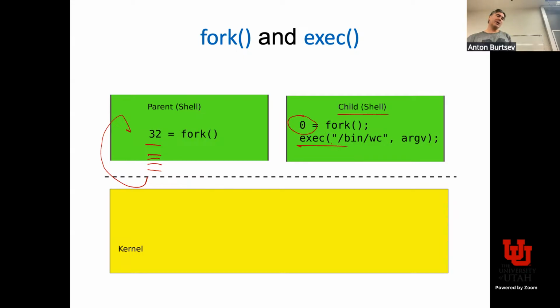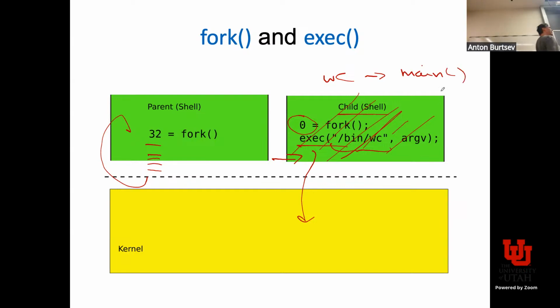With the argument, for example, bin/wc, exec drops into the kernel, and unless there is an error, it will never return and execute this line. It will just scratch this address space completely and replace it with WC, and start execution from the entry point of WC. Sure. You first create a clone of yourself and then completely reload it with something else.